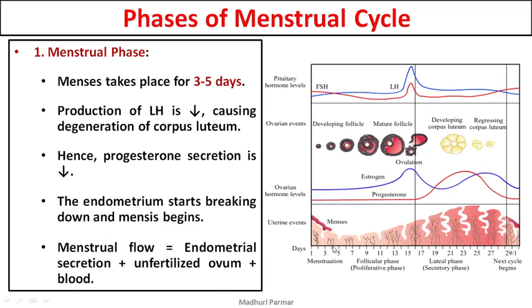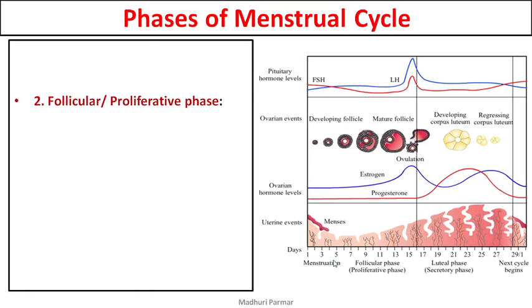तो ये हो गया आपका सबसे फर्स्ट फेज विच इज मेंस्ट्रुअल फेज। इट लास्ट्स फॉर 3 to 5 days और हम इसको डे 1 से डे 5 तक काउंट कर सकते हैं। ठीक है, सो दिस इज कॉल्ड मेंस्ट्रुअल फेज। द सेकेंड फेज इज नोन एज फॉलिकुलर फेज या प्रोलिफरेटिव फेज। फॉलिकुलर फेज नाम से ही पता लगता है, या प्रोलिफरेशन का मतलब होता है बड़ा होना, है ना, नंबर में मल्टीप्लाई होना। सो फॉलिकुलर फेज, फॉलिकल बड़ा होगा।